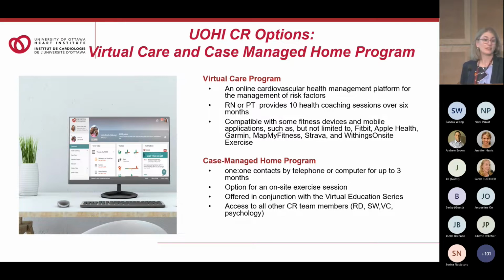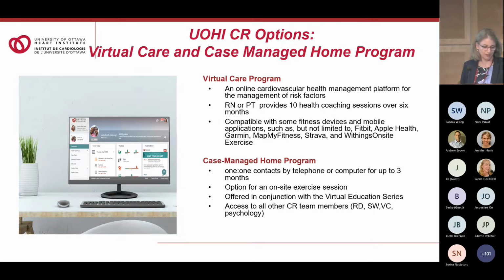And we also still have our brief program, which is where for patients who have a higher physical and health literacy and lower cardiac risk and really just need more of a one-time consult to review those risk factors that they have and be given a very specific exercise prescription to get them back on the road to recovery, as well as our Francoform program, which is a case managed home program specifically for Franco-Ontarians and does include primary as